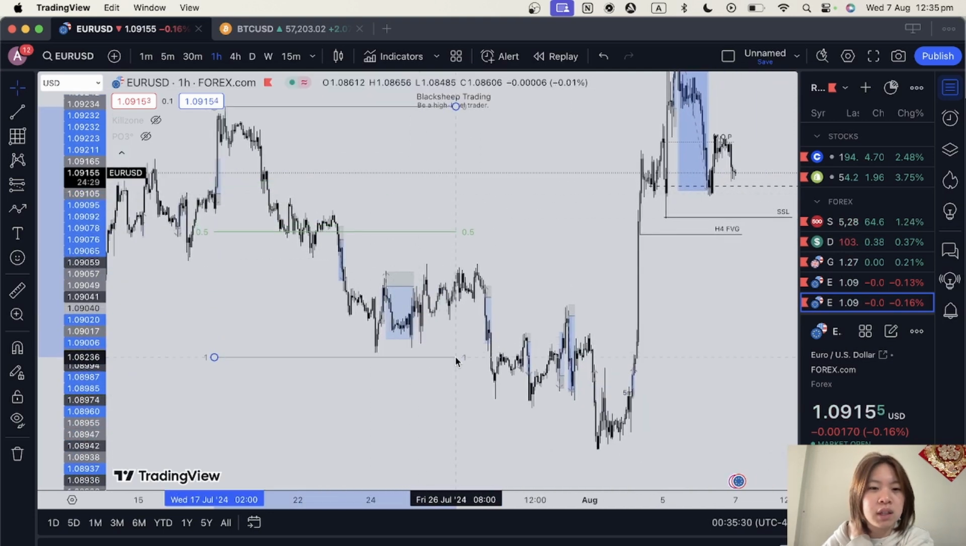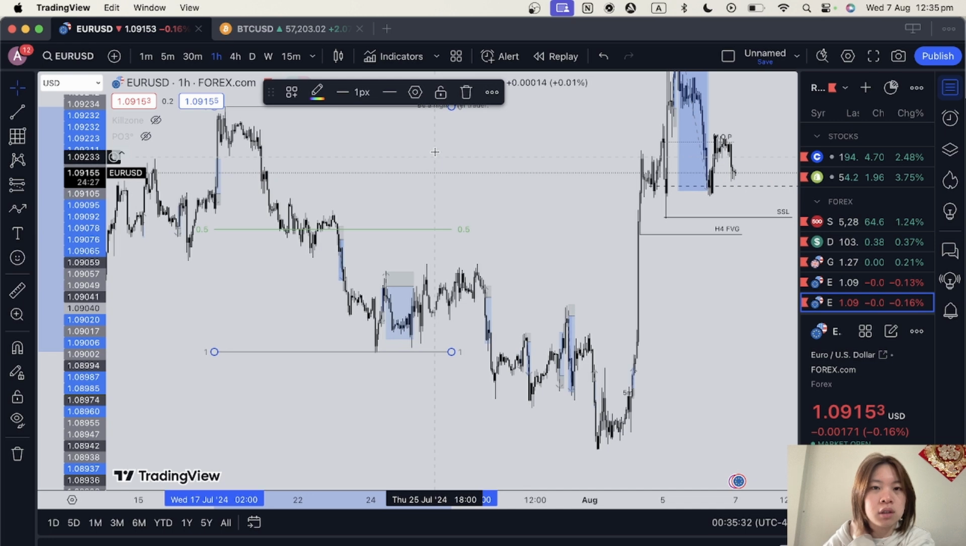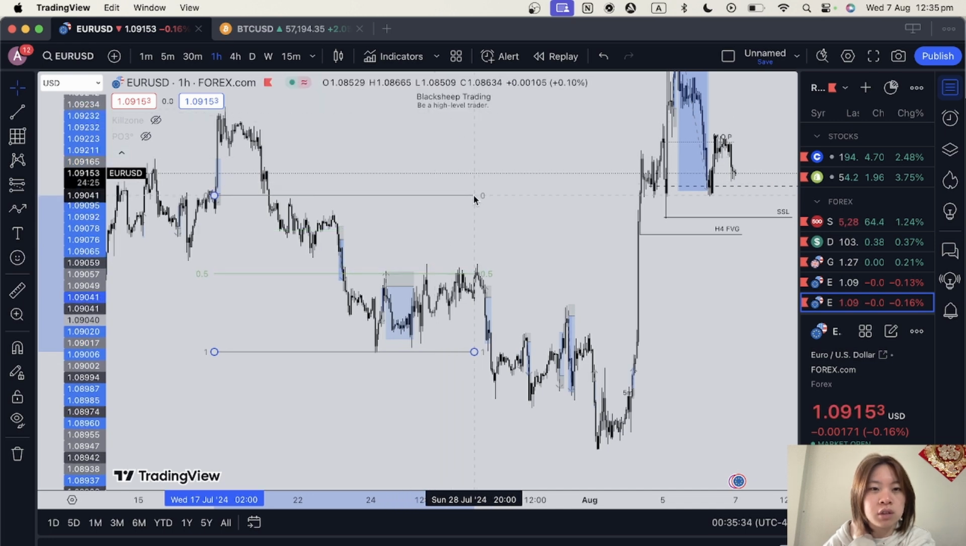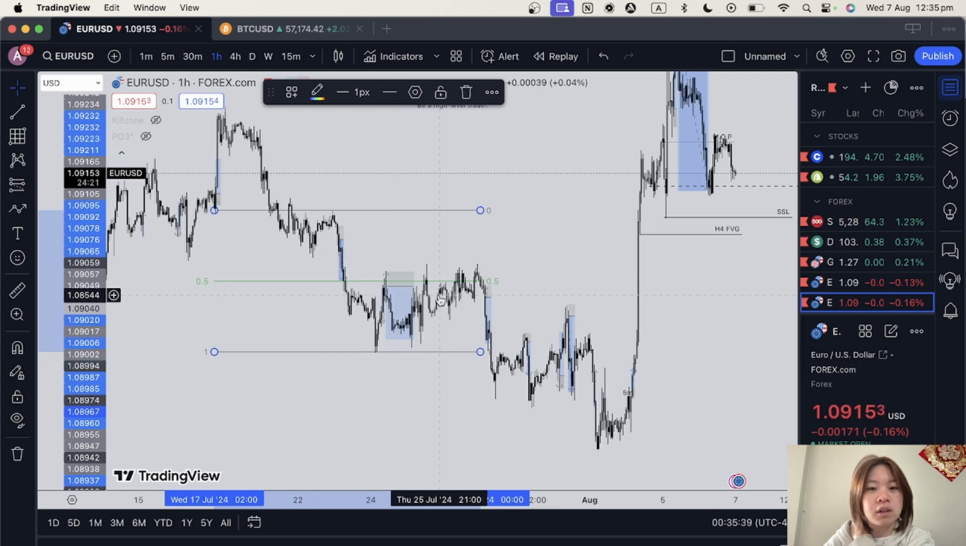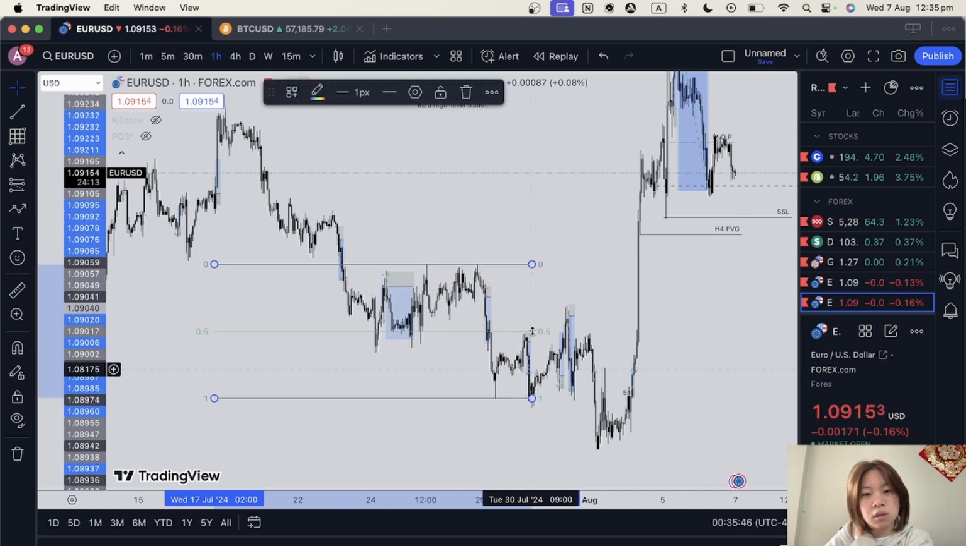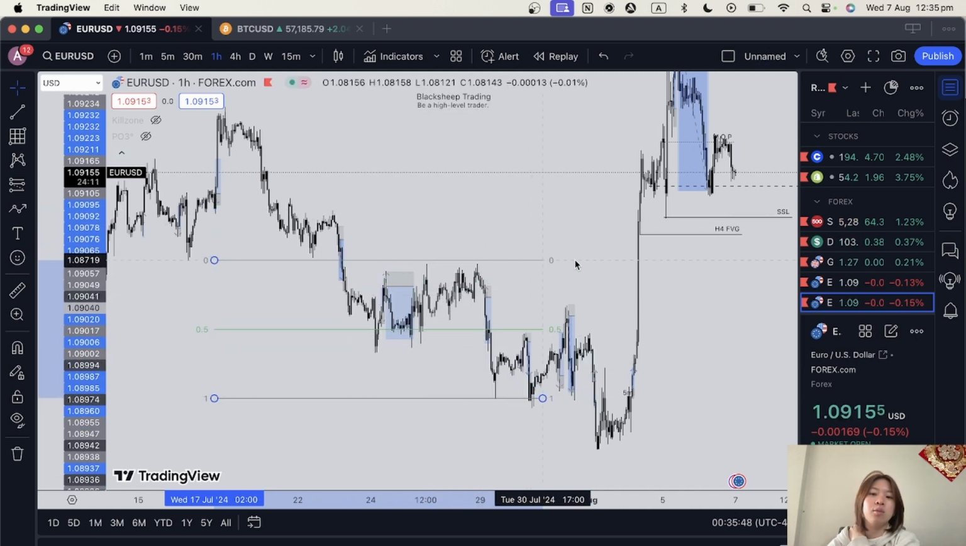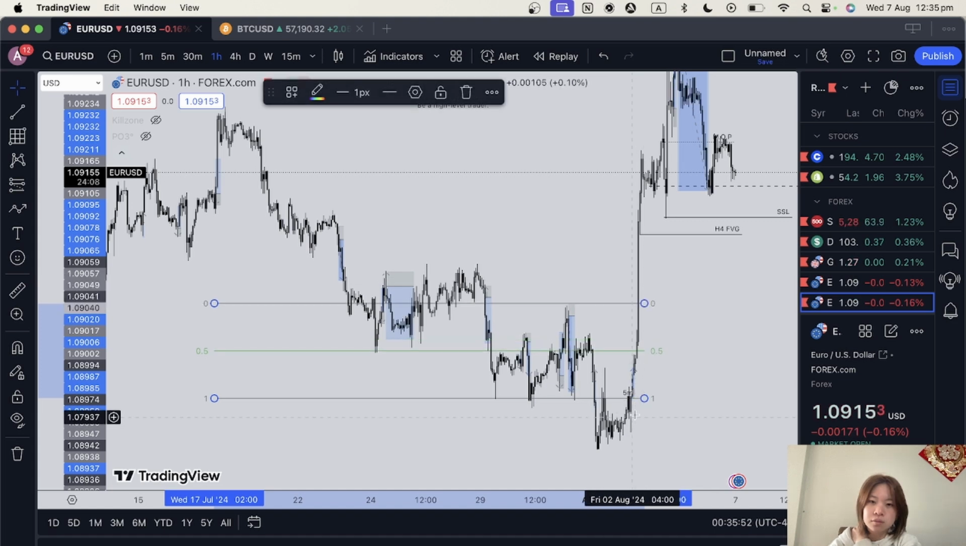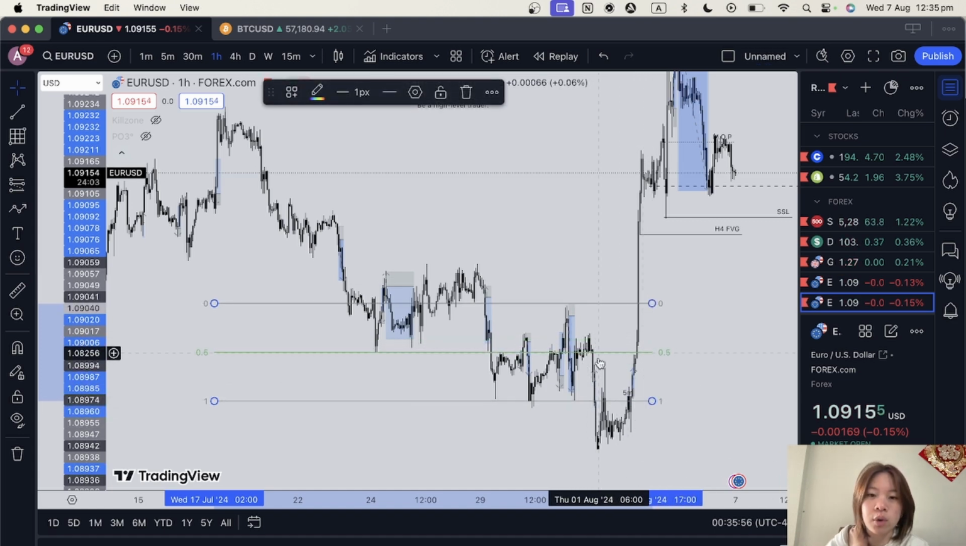An example where I think it did tap equilibrium is probably here in this range. We tapped equilibrium before continuing downwards. Not really tapped, but almost. And in this range as well, we tapped equilibrium before going downwards. So that's why equilibrium can be used